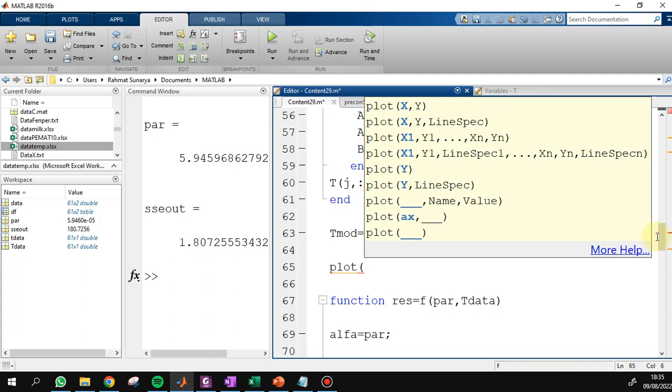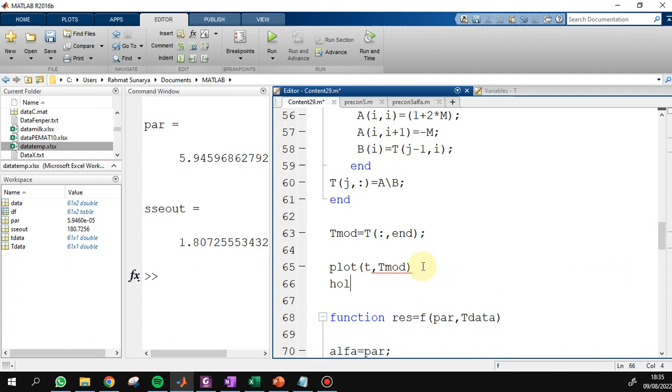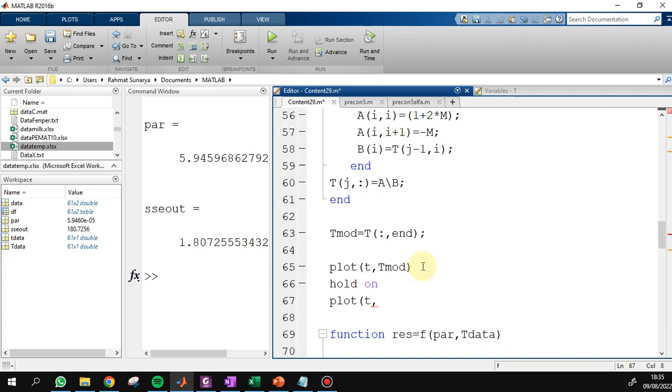We need to plot T model, hold on, plot T-data with a circle marker, set the marker size. Run.